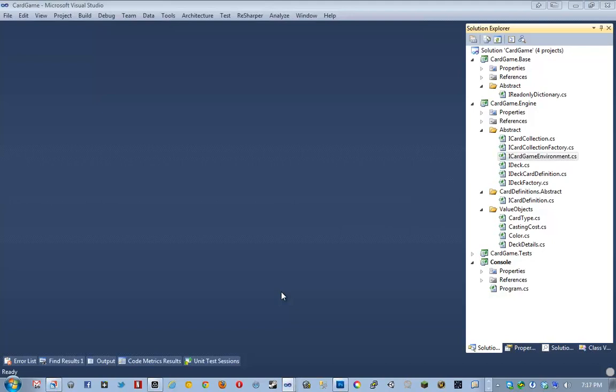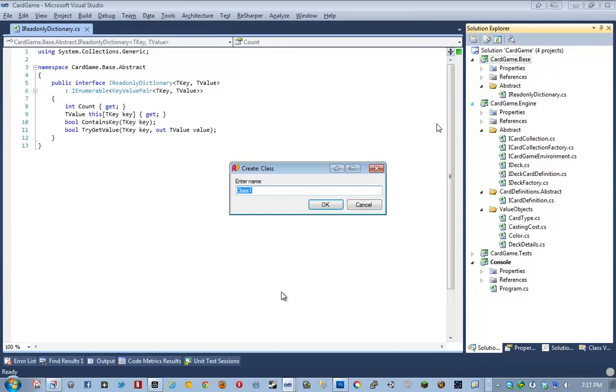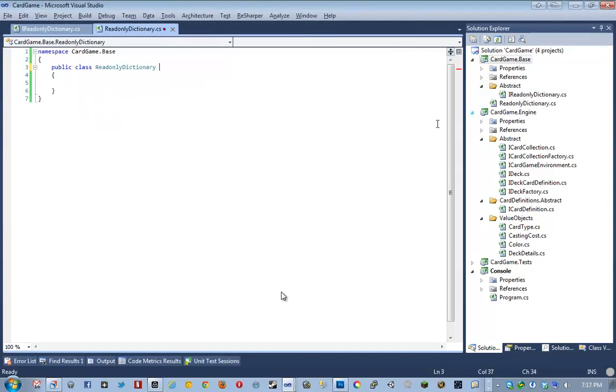The goal. All right, so the first thing I want to do is implement this read-only dictionary, just because he's kind of sitting out here, all alone. He's a utility class that we're going to need later on. Actually, we can immediately use him after we finish implementing him, so I'm going to do that first. Okay. So I'm going to create a read-only dictionary class which is going to implement